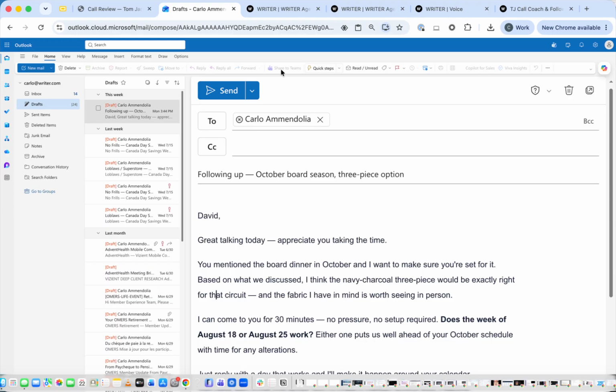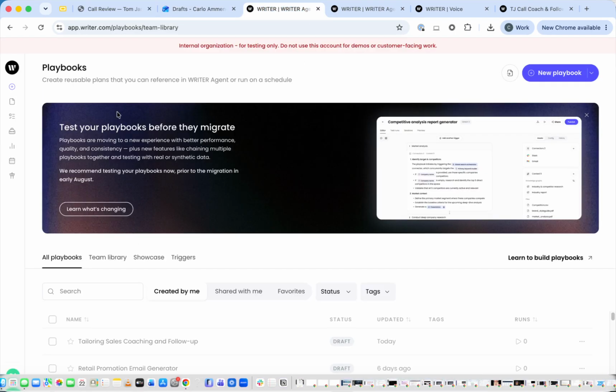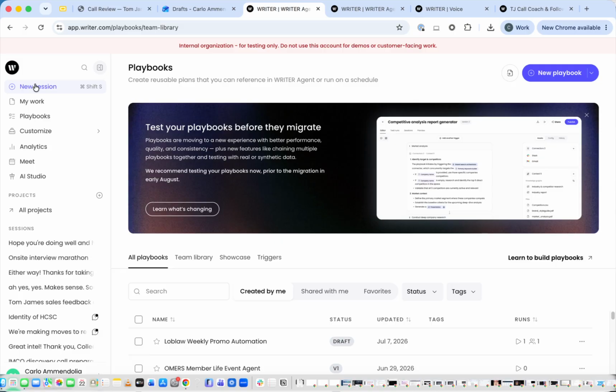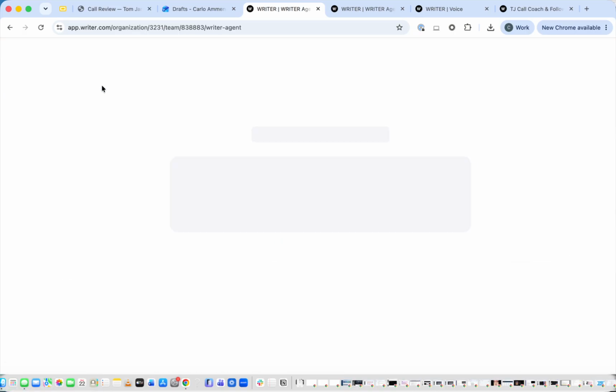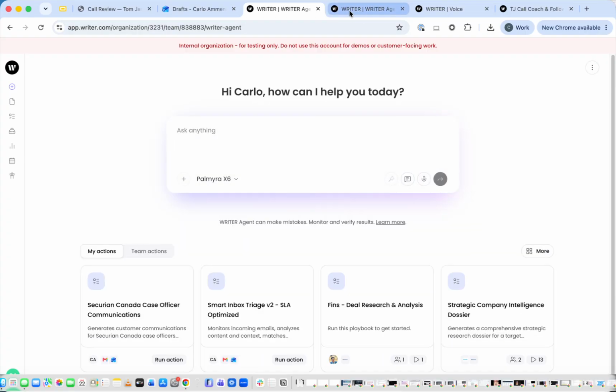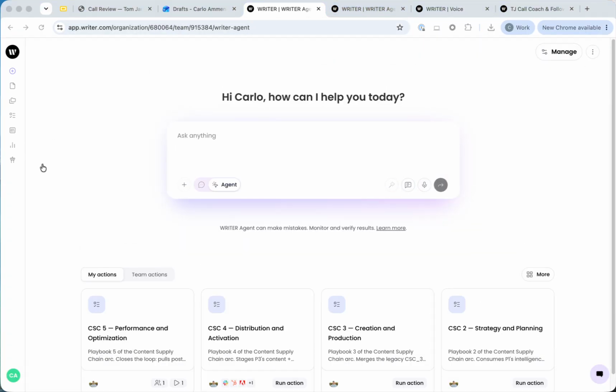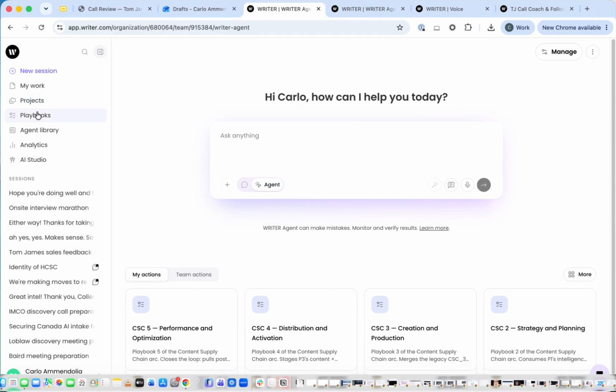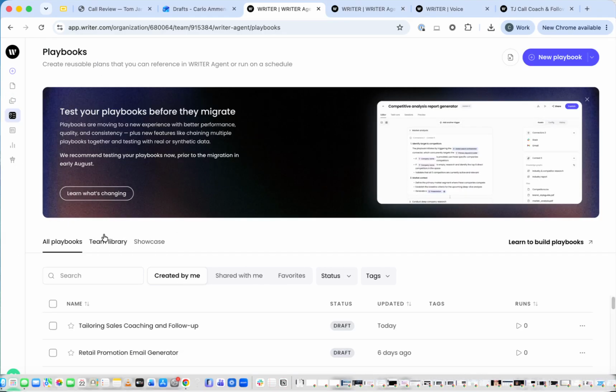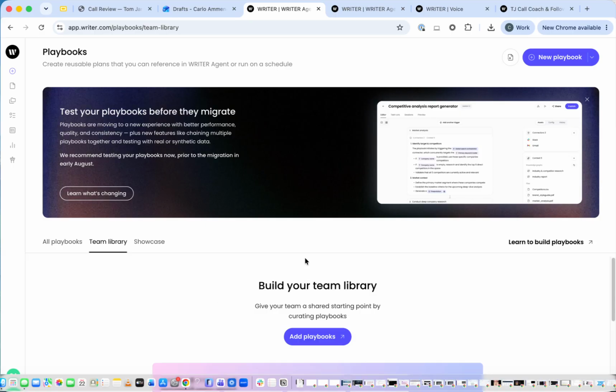So as far as how I actually created this, let me show you what that looks like. So just looking at the Writer platform here. That's the one. So looking at the home page here, on the left-hand side is where I would find all those repeatable playbooks. And when we come out of the evaluation, we're going to have all those low-hanging fruit ones built out, or V1s of them, as far as a team library.